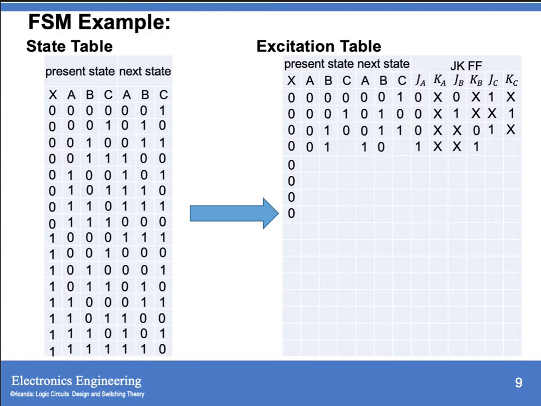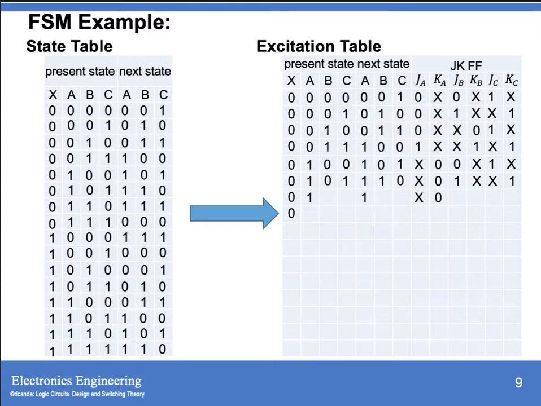Then 1 to 0, x1. Then 1 to 0, x1. 1 to 1, x0. 0 to 0, 0x. 0 to 1, 1x. 1 to 1, x0. 0 to 1, 1x. 1 to 0, x1. 1 to 1, x0. 1 to 1, x0. 0 to 1, 1x. Then 1 to 0, x1. Then 1 to 0, x1. 1 to 0, x1. For your input x equals 1,